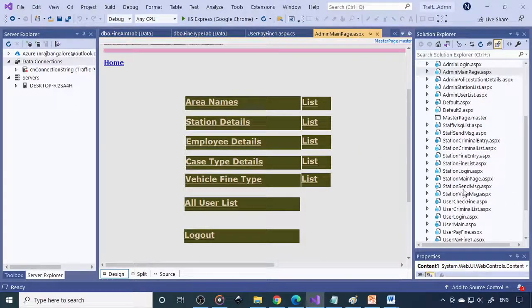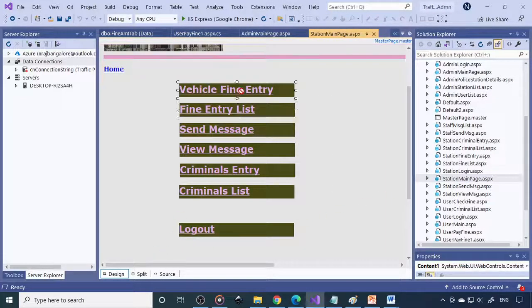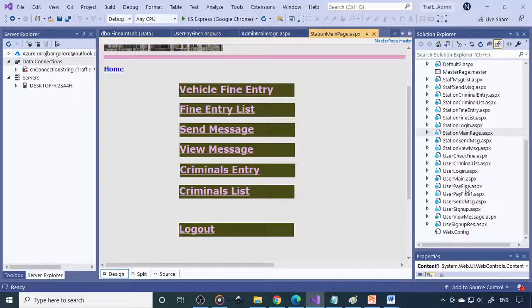If you go to employee main, here is the station main page. Here the vehicle fine entry, they can do the entry and they can see the list. Send message and view message, they can communicate with the user or with other employees. Apart from this, they can also enter criminal entries, like who are criminals or robbers. All these details they can enter here and we can see the list also. Next one is the user side.